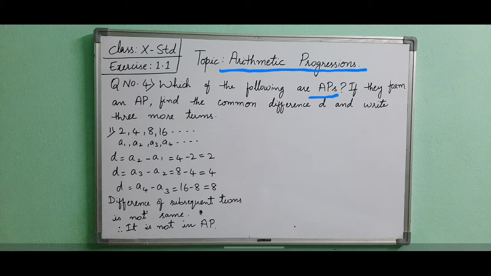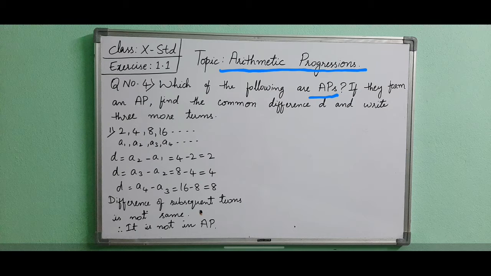In this whole bit, you have to do this only. If you have understood one question, you will be able to do the whole exercise easily. So try to understand here. Look at this. The question is given as 2, 4, 8 and 16. So these we are naming as a1, a2, a3, a4, a5 likewise.